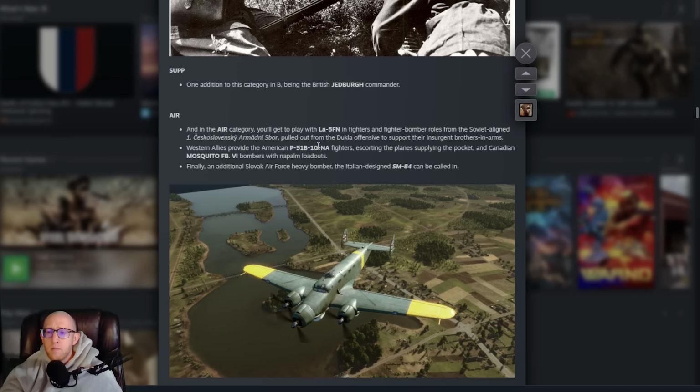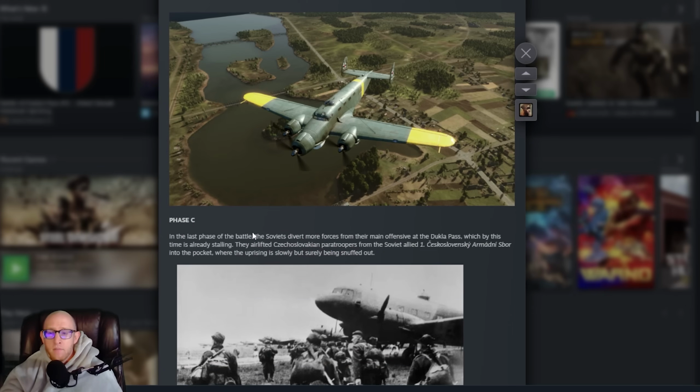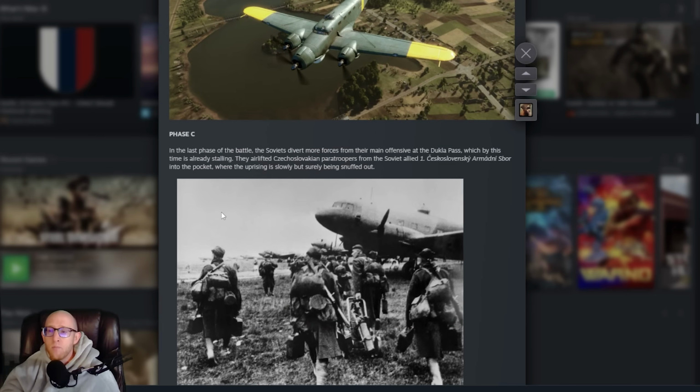Western Allies provide the P-51 fighters. And Canadian Mosquito bombers. Jeez. Finally, the Slovak heavy bomber, designated the SM-84. Looks fun. Phase C. In the last phase of the battle, the Soviets divert more of their main forces to